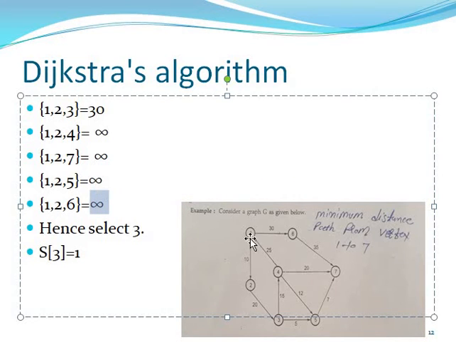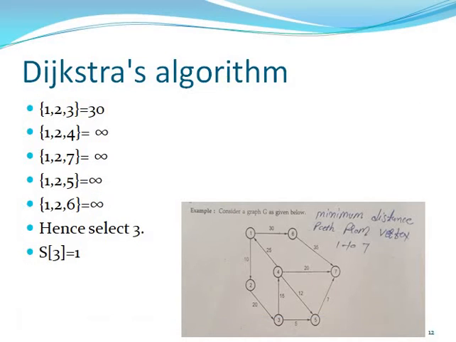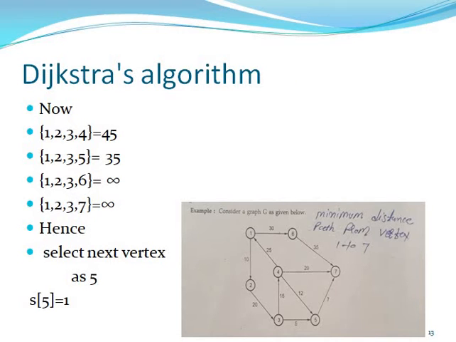Then we can select this path because you can go 1 to 7 the minimum distance. So you can select 1, 2 and 3. So the total distance is 13. So now we can go to the fourth point. You can select the fourth value or fourth node. So you can go 1, 2, 3 and 4. It is possible, yes. Then what is the total weight? The total weight is 10 plus 20, 30, 45, 15.